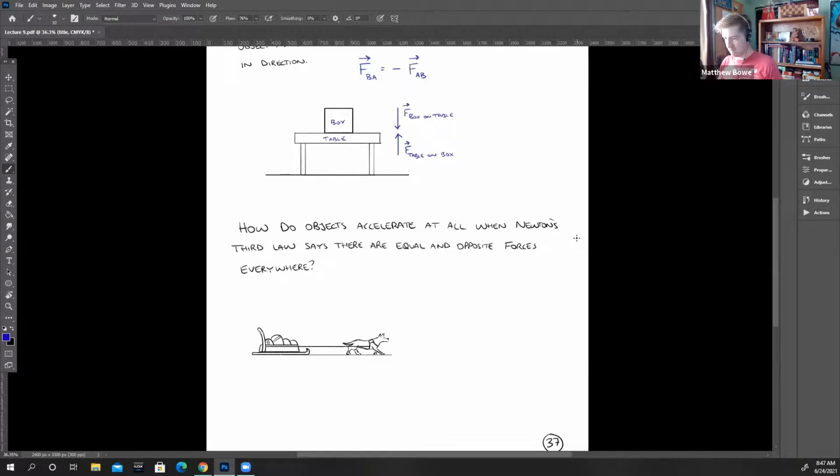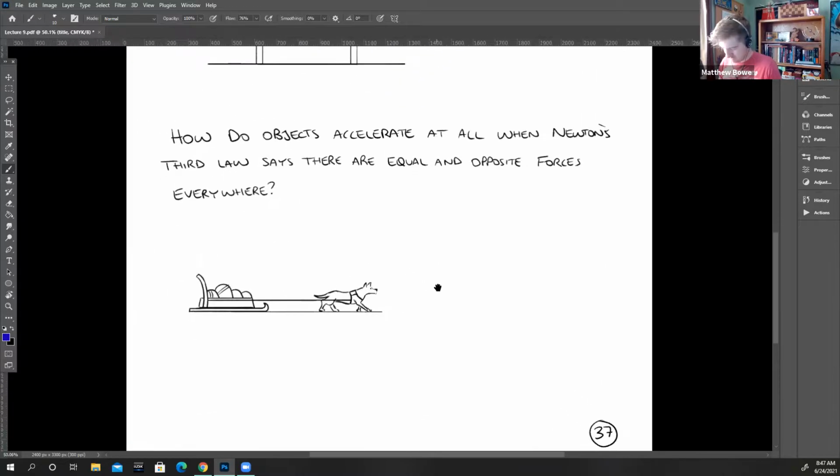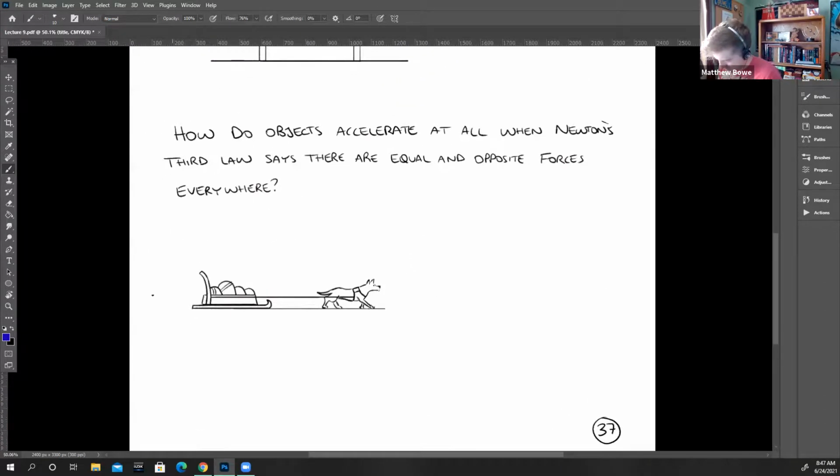They're equal in magnitude and opposite in direction. We know that gravity is downward, and there's a normal force upward, and maybe there's a little bit of friction pulling the other way. But mainly what I'm talking about is